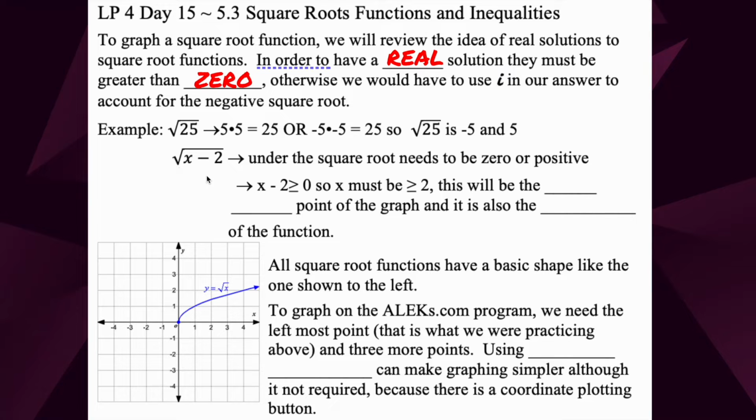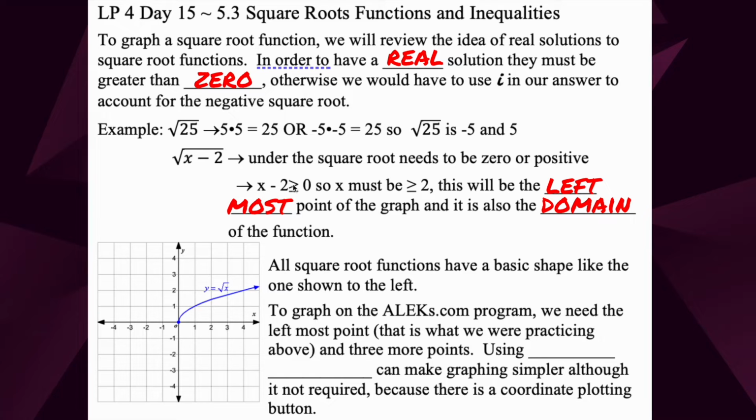So now on this one, I have x minus 2 under the square root sign. So this needs to be 0 or positive. So x minus 2 has to be greater than or equal to 0. So x must be greater than or equal to 2. So this will be the leftmost point of the graph and is also the domain of the function. So there's definitely a limit there. I can't go below 2 because 2 minus 2 gets me 0, and it has to be greater than or